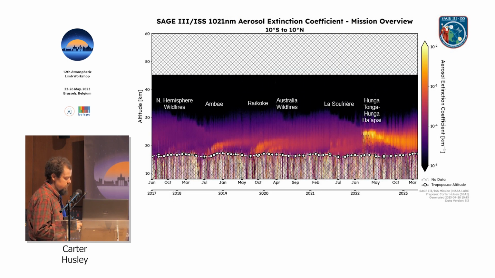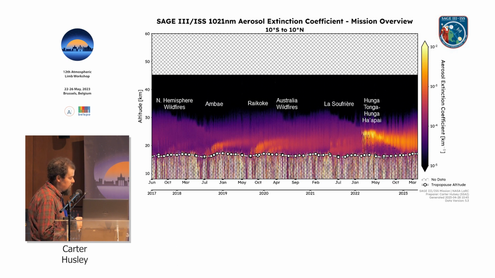So this next few plots are just showing off some of our version 5.3 data. This is all the events from 10 degrees south to 10 degrees north, with altitude on the y-axis, from the beginning of our mission until mid-March. This is aerosol extinction at 1021 nanometers, and within this data you can see some events of interest. Here you have the Northern Hemisphere wildfires,